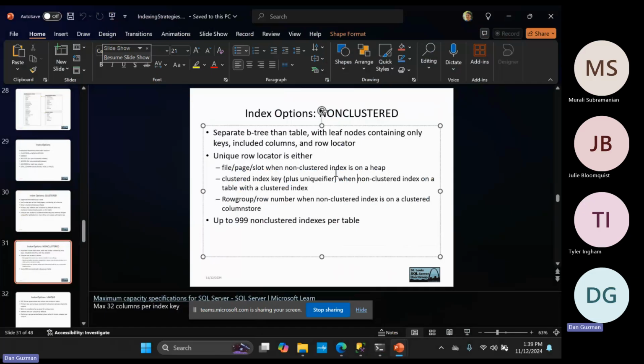So you have up to 999 non-clustered indexes per table, which is way too many. Nobody should ever come anywhere near that in practice. But back in the day, it used to be like 16 indexes, and it keeps upping every new version. Yeah, so this is really just about what